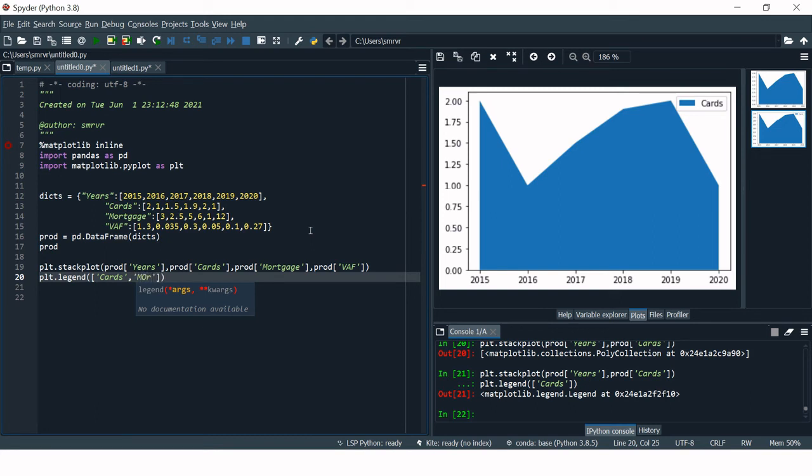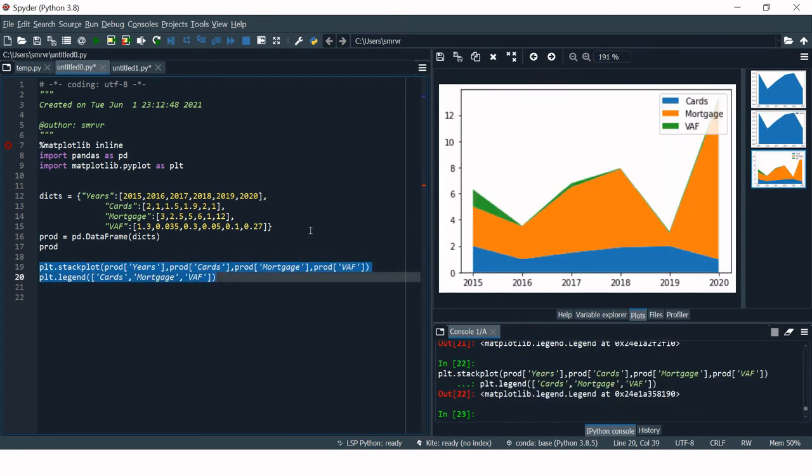So here we're going to say mortgage, and then the next one is VAF. Select this and run this.